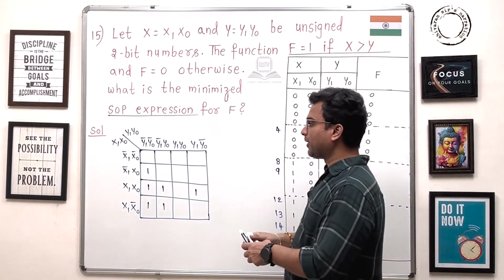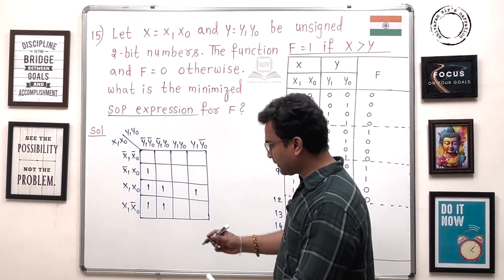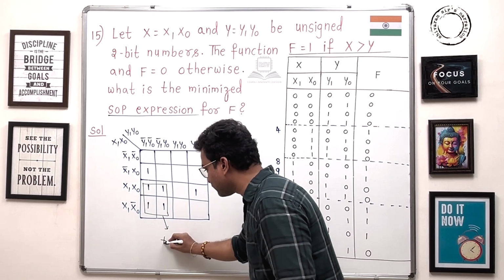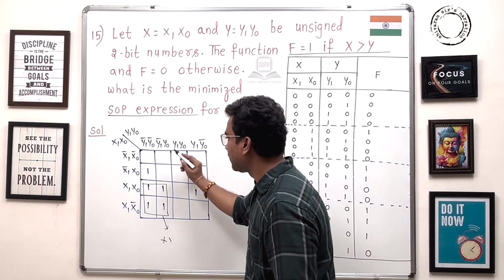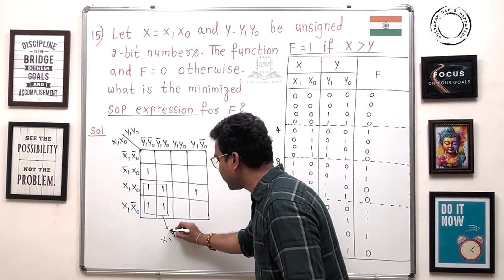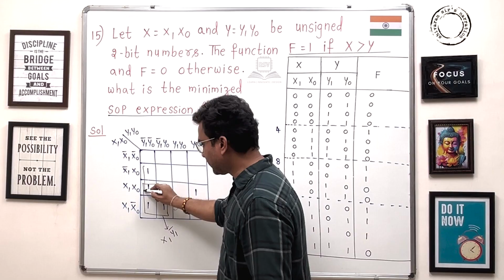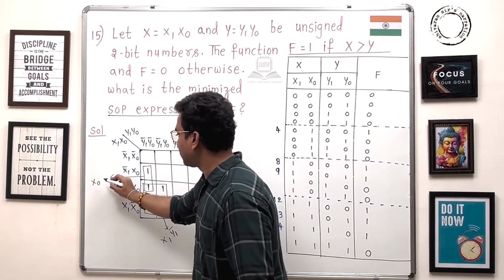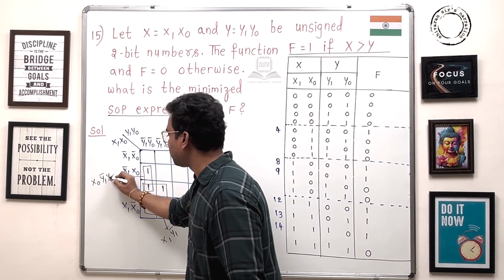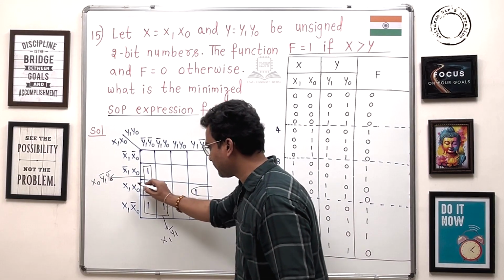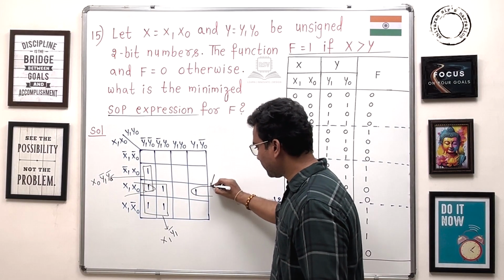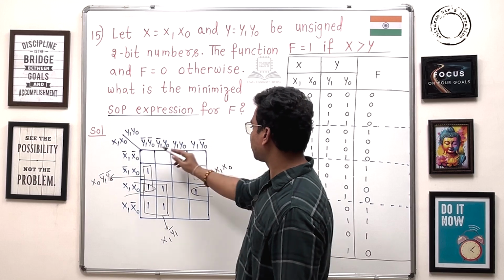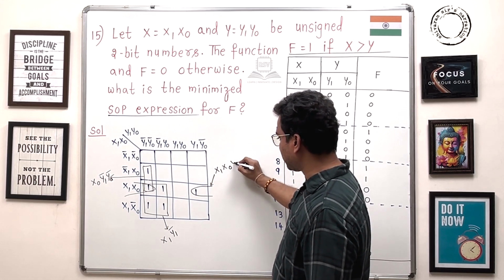Now let's simplify. If you simplify the expression, see this is one quad. If you simplify, what do you get? x1, x0 bar gets cancelled, y0 bar gets cancelled, so it's x1 y1 bar. Again there is a pair here, so that is x0 y1 bar y0 bar, and here there is a pair. Therefore here you get x1, x0, and